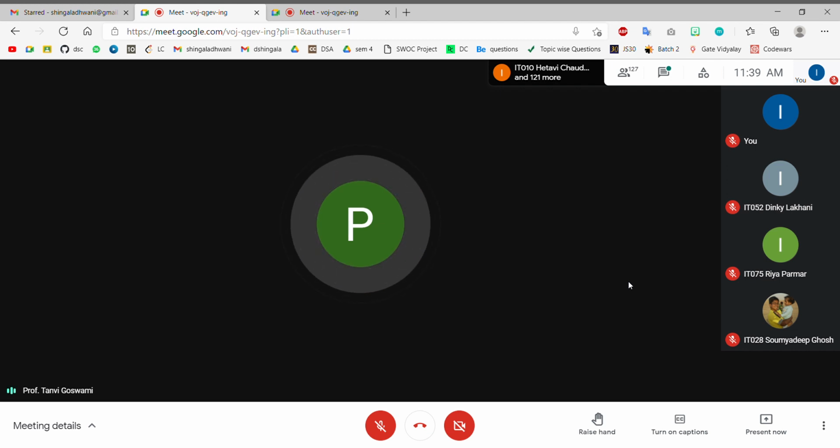Okay, Dinky, it may be possible for this address reference scenario, but it will not be true for all the cases. So it again depends on the address references. For this, it may be possible, but for each and every case, it is not possible. And that's why it is false.